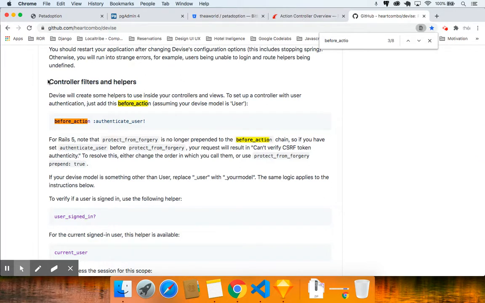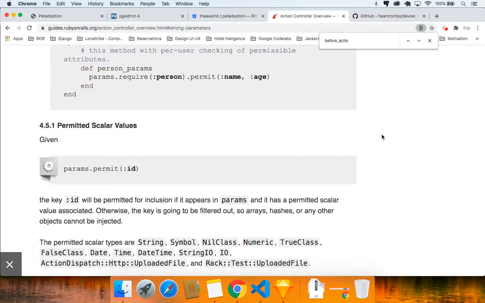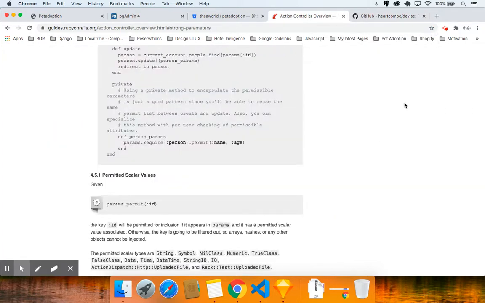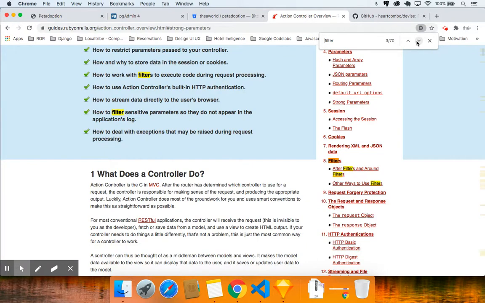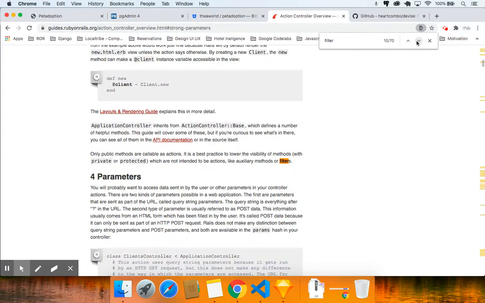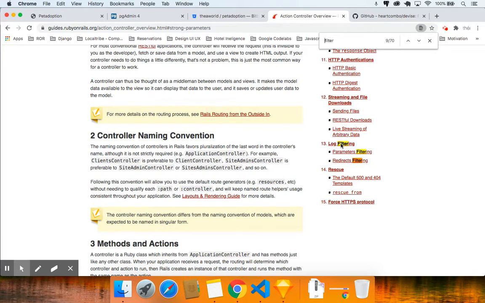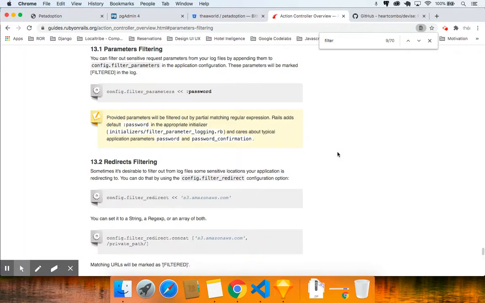So here, there's something called the controller filter and helpers, okay? So before action, authenticate user. Before you do anything, make sure that the user is authenticated. This is just coming from here. And if you come to Rails, over here, you're gonna do Command F and type in filters. It's actually called a filter. Okay, so just remember the keywords, because if you remember the keywords, you have no problems. Redirect, log filtering, parameters filtering. Okay,